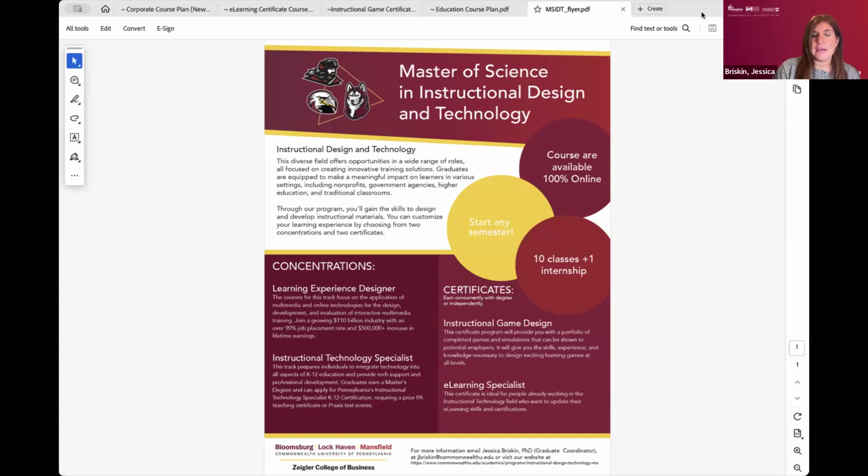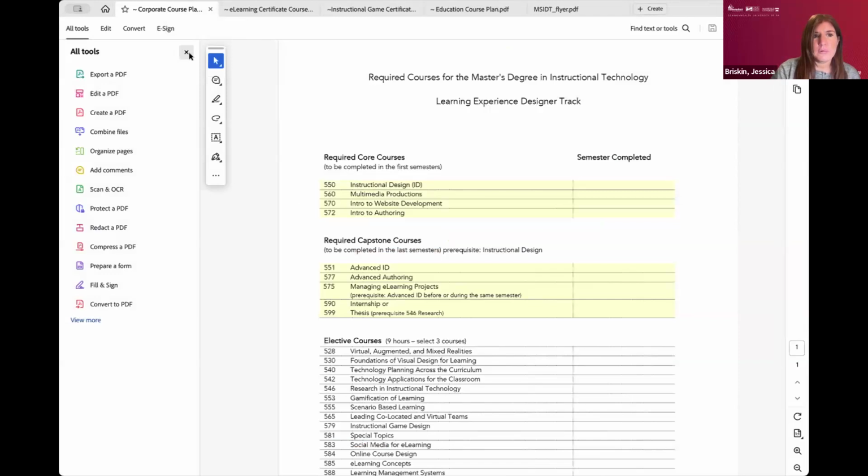And again, the nice part about having winter and summer sessions is that if you are working in a school district, for example, and you wanted to kind of slow it down, you can pick up more courses during the summer sessions. To show you a little bit more about the difference between the 2 different tracks, I have our planning sheets here. So the first track that I did talk about was the corporate track, which is our